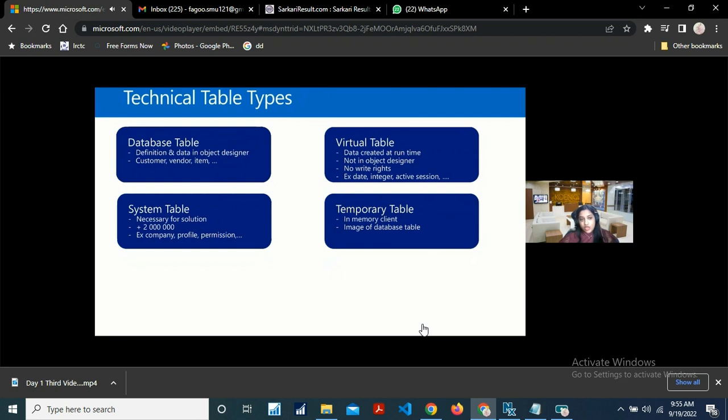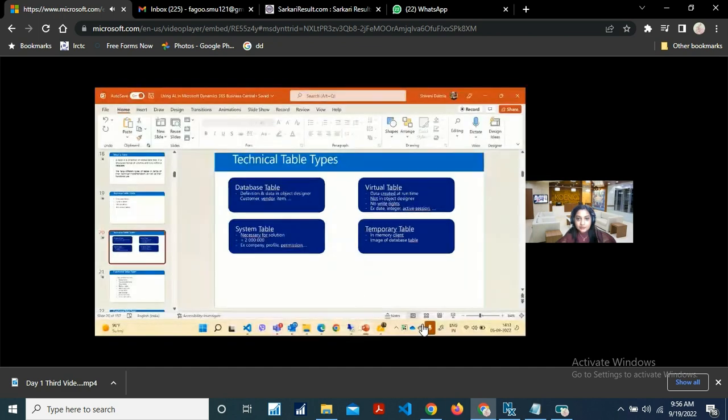Then we have the system table. So system tables are those tables that are necessary for the solution. It means tables that store the metadata, data about data, right? Like company. If you are creating a company, its information should be stored somewhere, or the name, the role, everything. It should be saved somewhere, right? It is necessary for a solution to work. And its ID lies somewhere here. So if I show you that,